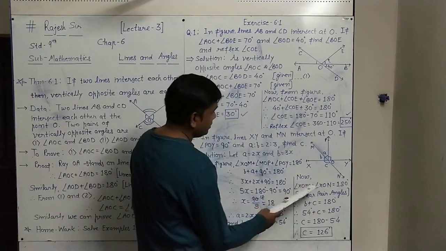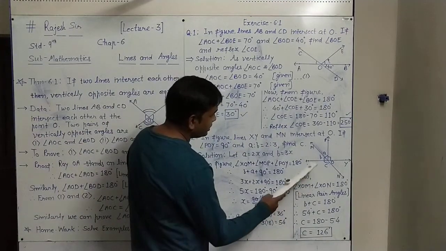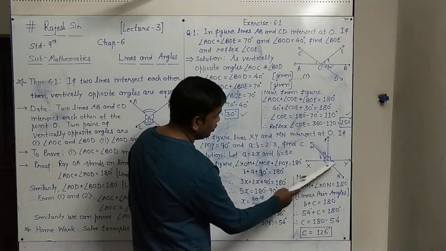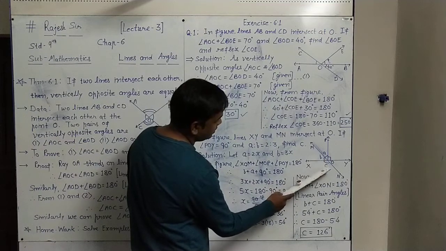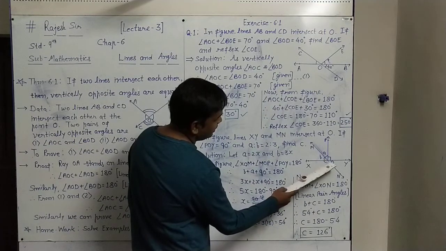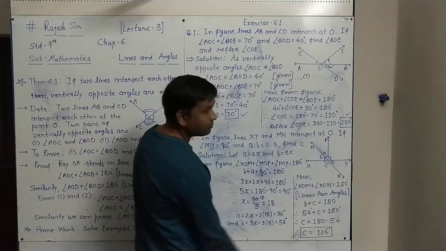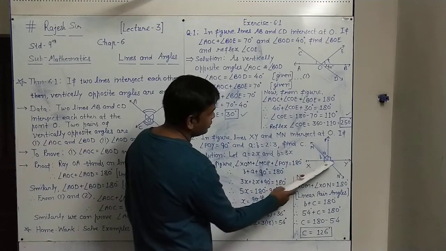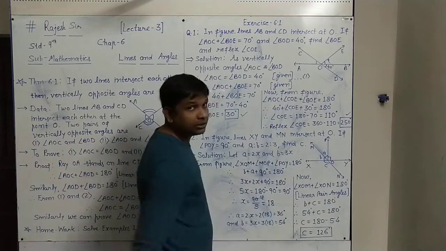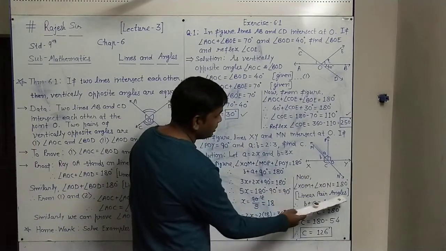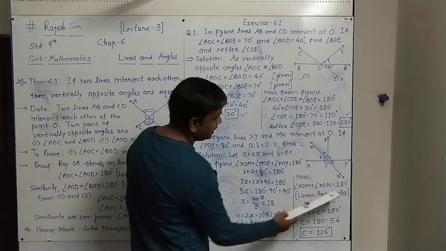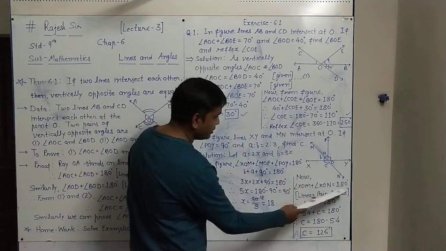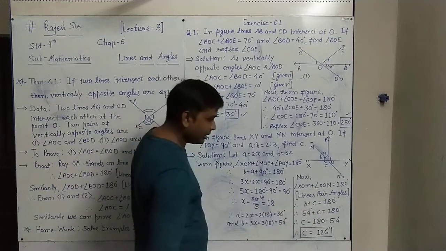Now next, here, angle XOM plus angle XON, these two angles. You can see ray OX stands on line MN. So this B and C, angle XOM and angle XON, are a linear pair of angles. The linear pair angle sum is 180, so we have 180, and the reason is linear pair angles: angle XOM plus angle XON equals 180.